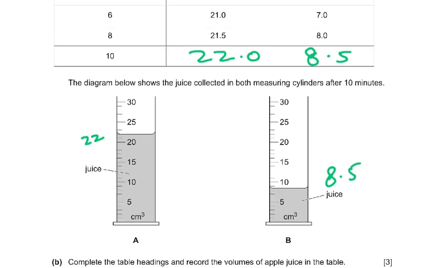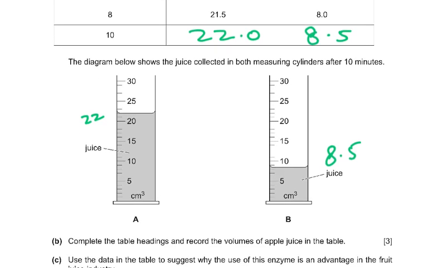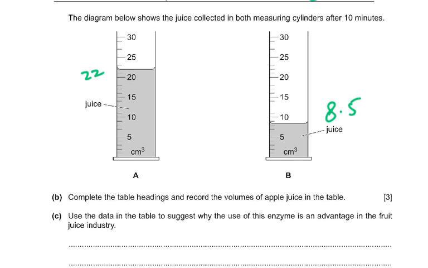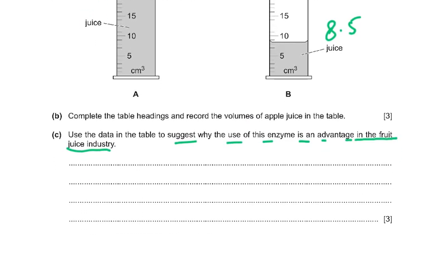So you completed this diagram showing the juices. Complete, record the volumes of apple juice in the table. Right? Use the data in the table to suggest why the use of the enzyme is an advantage in the fruit juice industry. Now, this of course is very important. Why is it important? Because the enzymes